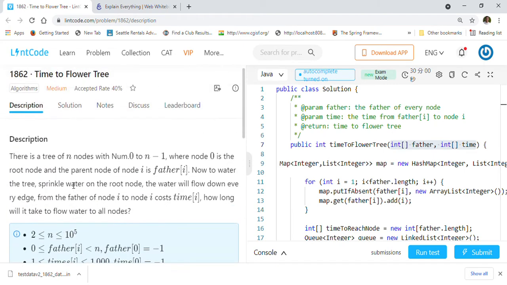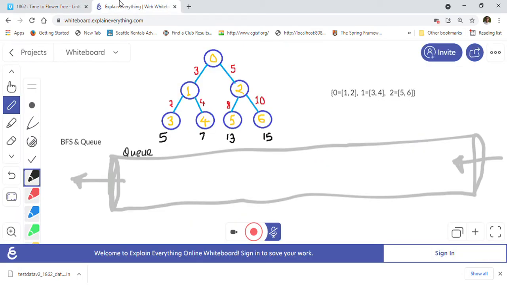Let's take one example so I can explain how we can solve this problem. I have taken a tree here with nodes 0, 1, 2, 3, 4, 5, 6. So there are a total of 7 nodes, and the time is given too. 0 to 1 the time is 3, 0 to 2 the time is 5, 1 to 3 the time is 2, 1 to 4 the time is 4, 2 to 5 the time is 8, and 2 to 6 the time is 10.